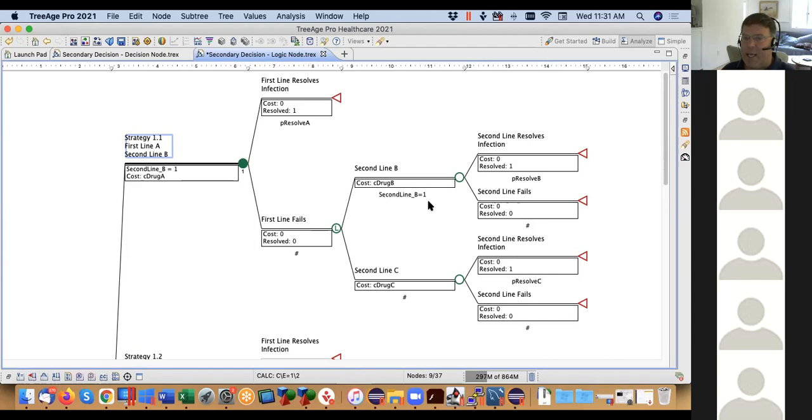Rather than the second line, I could do something like that. Just have whatever the second line is. I'd still use the cloning, but instead of having a logic node, I might have a bunch of variable definitions here that say what the cost of the second line therapy is, what the probability of resolution is, and then I wouldn't even need this structure at all. So yes, I do think there are other ways to approach it within this context, but I still wanted to illustrate this point,